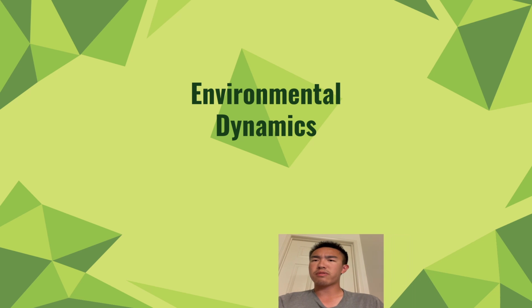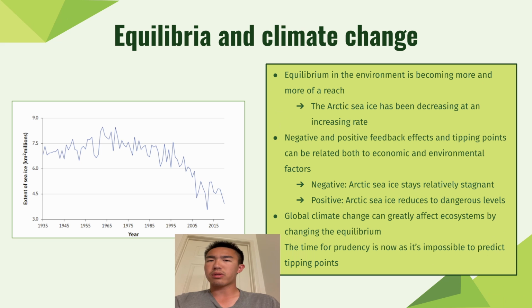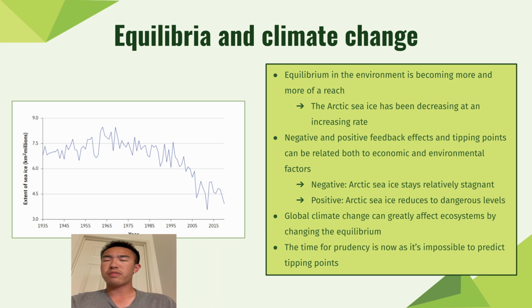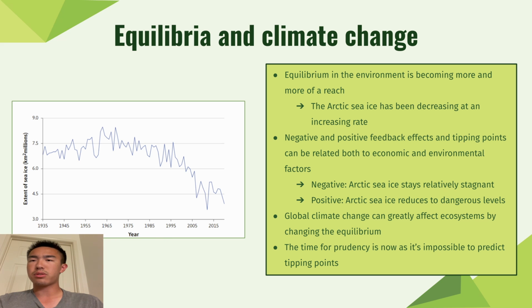Even before human intervention, the natural environment of the Earth had been constantly changing with events such as the Ice Age. Nowadays, climate change has been heavily influenced by people and thus created a precarious situation. This is in part due to the environment's own changing dynamic. To understand this, one must talk about equilibrium. Equilibrium is defined as a self-perpetuating system in which the model does not change until some external factor is introduced.